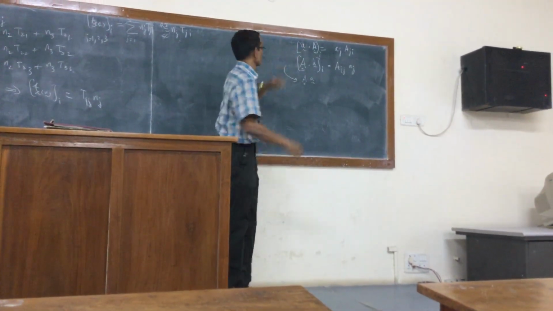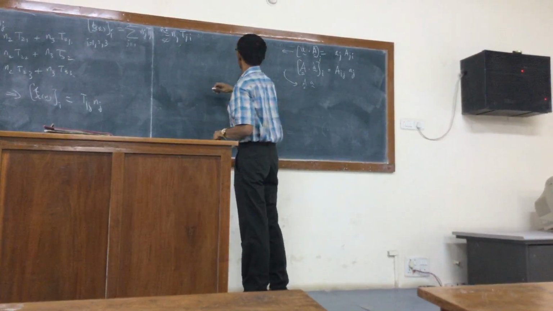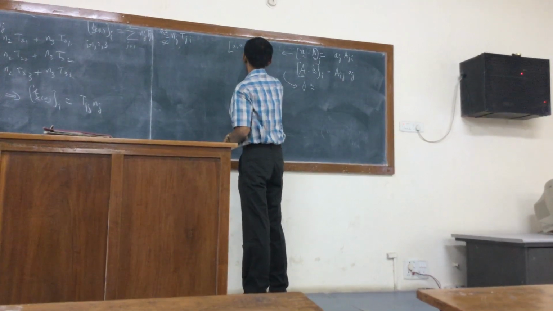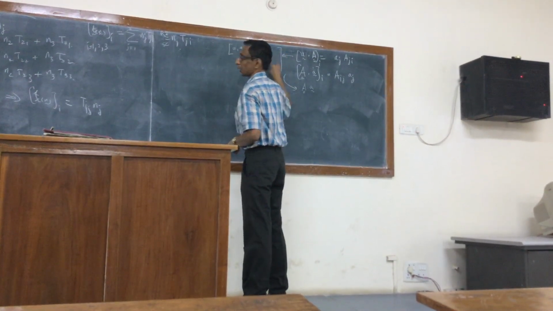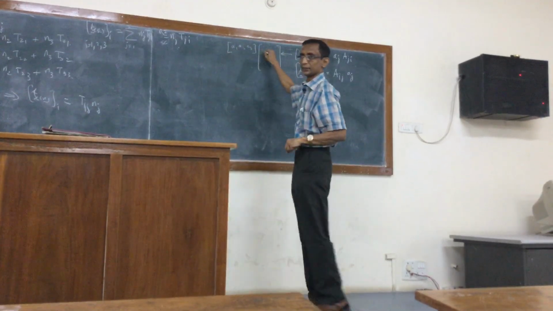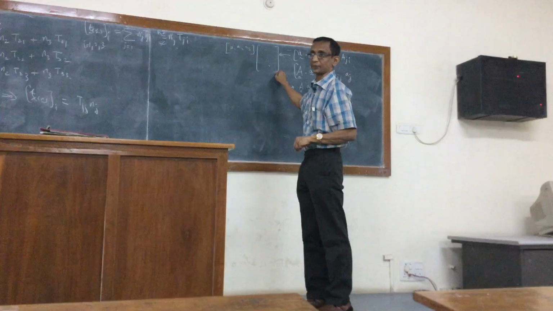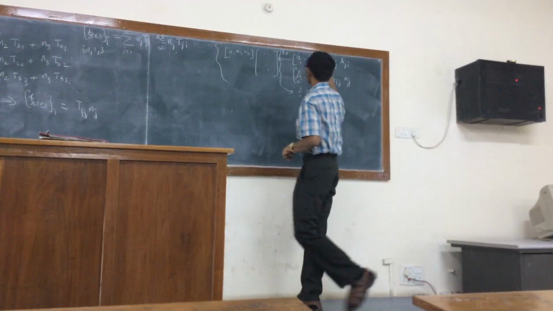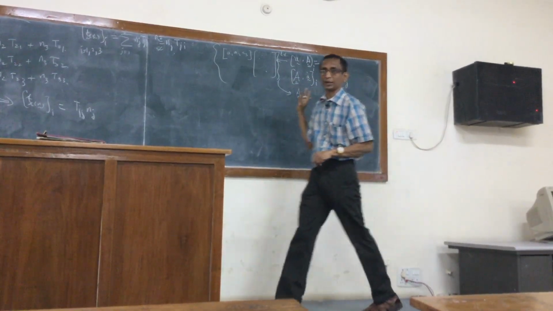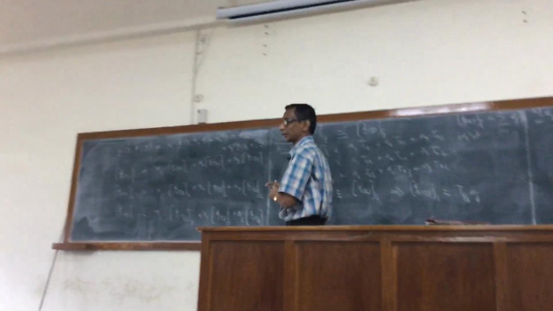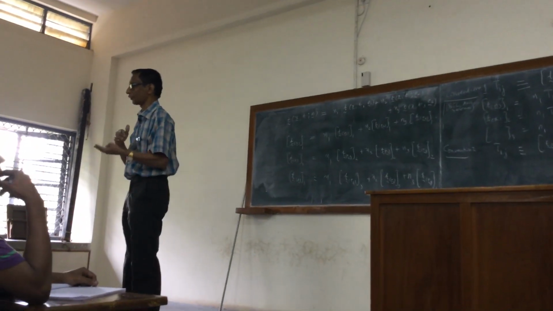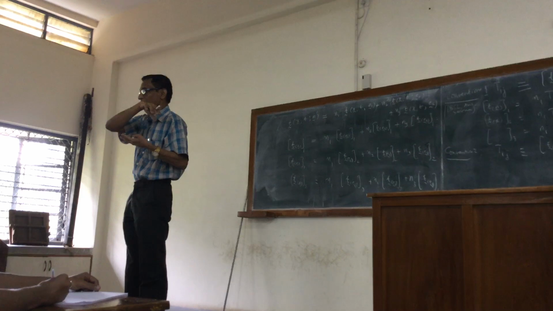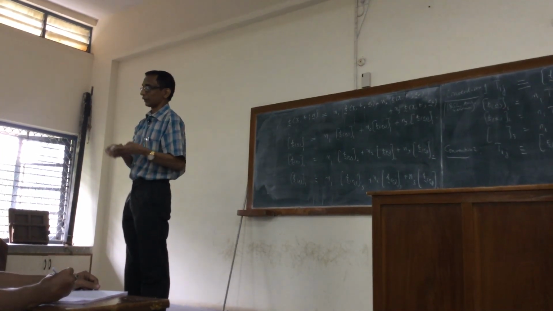I have already written this in one of the earlier classes. The net effect of this would be the transpose of A1, A2, A3 times the matrix A. If I do this, because this is 1 times 3, this is 3 times 3, the net result would be a 1 times 3. Right? So I have to take the transpose of that. Then the ith component will be this. You can easily verify. So if you are taking the vector dotted with the tensor, then you have to pre-multiply the matrix with the vector. So the vector has to be transposed. Right? Because otherwise, if you take the column vector, it is 3 by 1.